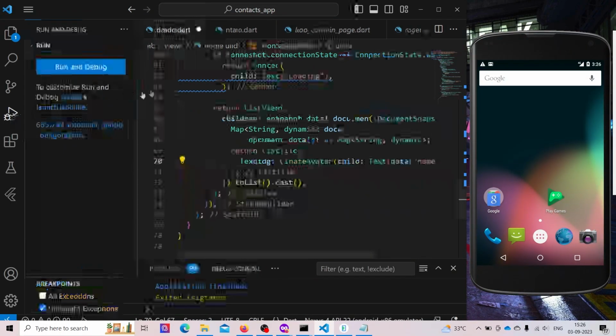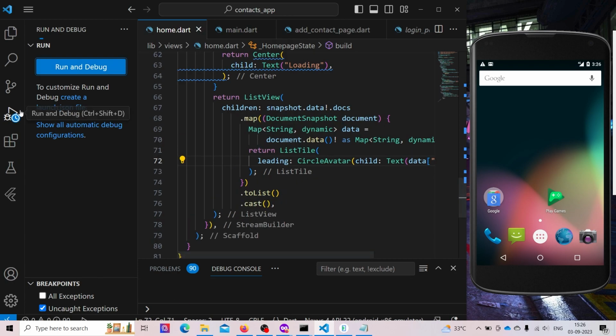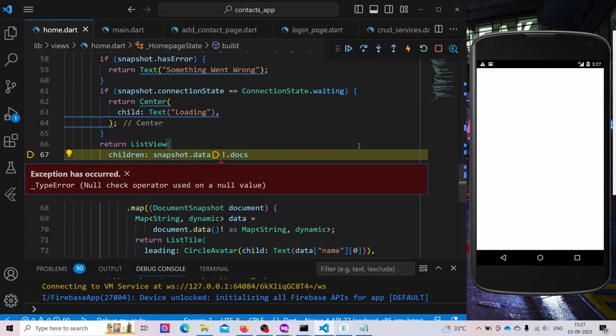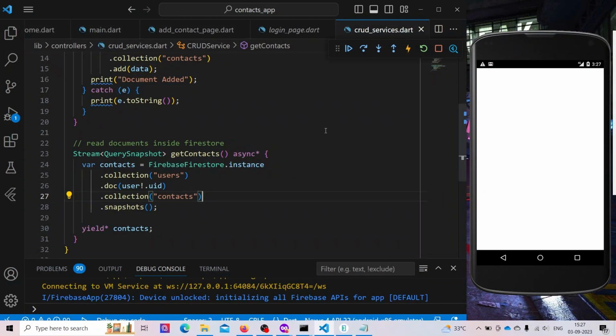Now let's try to run the app. We are getting null check used on null value. It means we have something wrong inside our